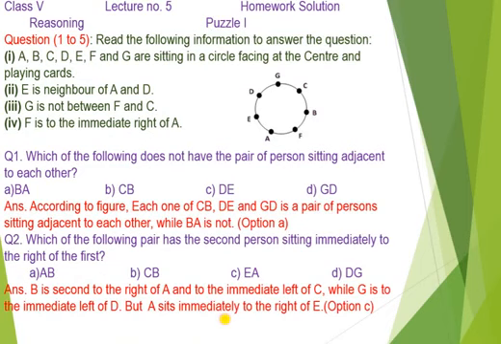Now we discuss your previous homework, that is puzzle. Questions 1 to 5 follow these instructions. Read the following information to answer the questions. Number 1: A, B, C, D, E, F and G are sitting in a circle facing the center and playing cards. According to the first, A,